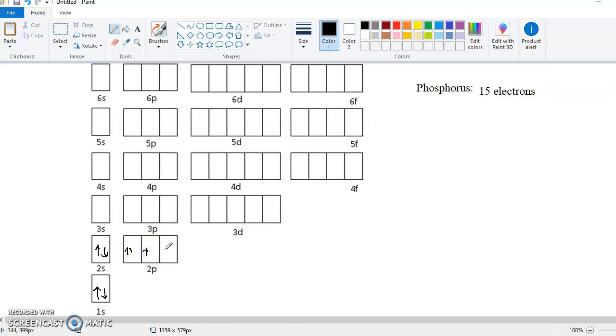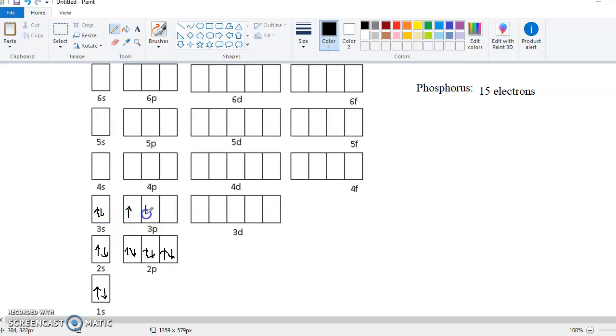6, and then 7. We don't double them up until we filled up every slot in that orbital. 8, 9, it's hard to draw arrows in here, 10. We still need 5 more, so we move to 3s, 11, 12, and remember, space them out,